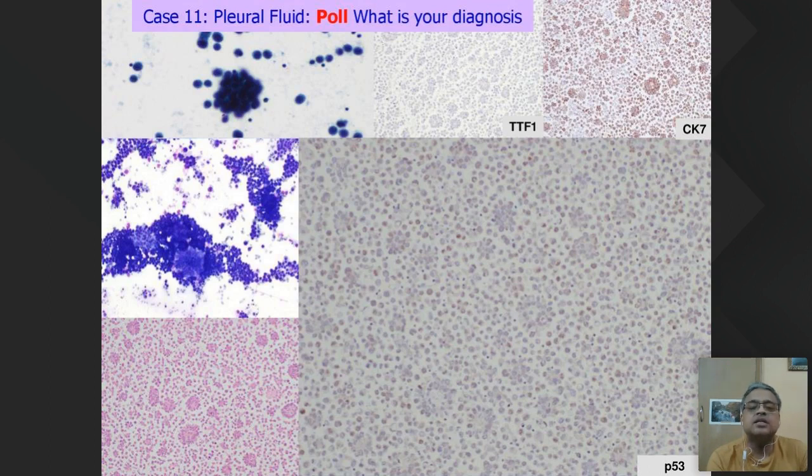fragments are present. So these are acini, and this higher power is actually P53. But if you look at the P53, it is totally negative. Because the P53 is negative, it makes it abnormal, and therefore this is a carcinoma. It has lost the P53. P53 is a tumor suppressor gene which is typically lost. Normally, the inactivated, abnormal mutated P53 is still produced in high quantity, and therefore it detects positive on IHC. But in certain cases, P53 can come negative also.